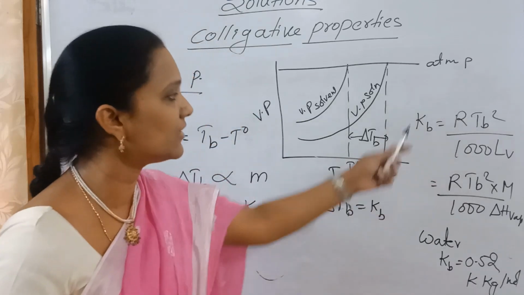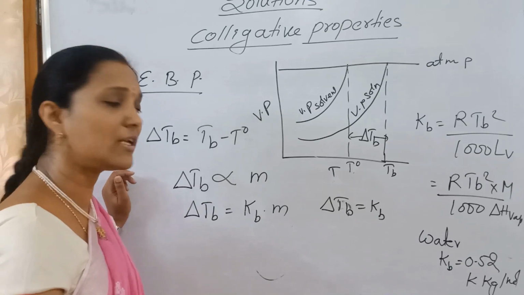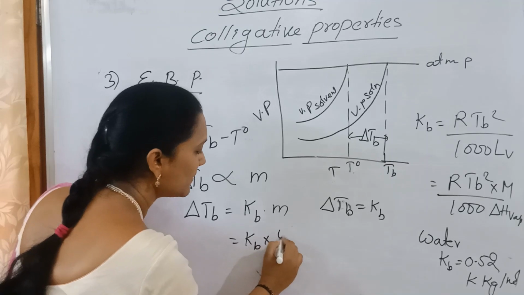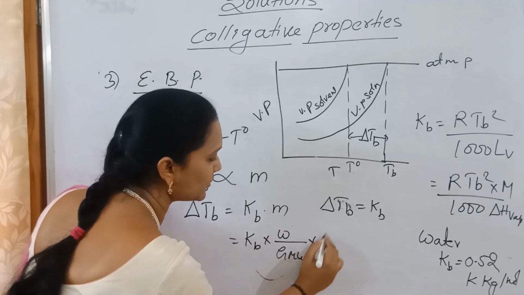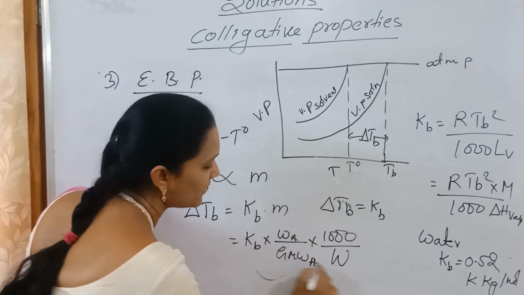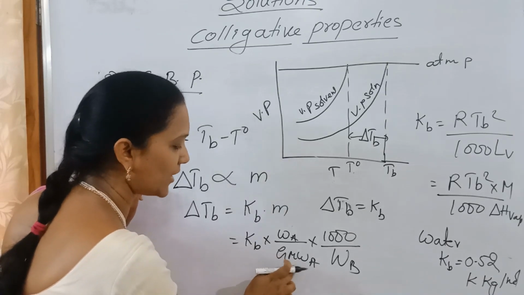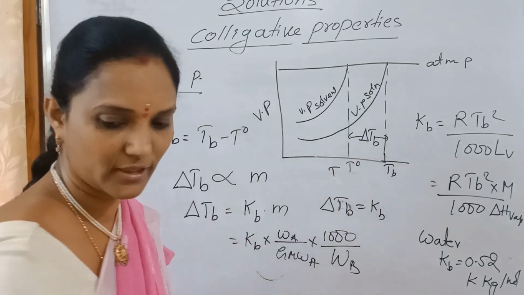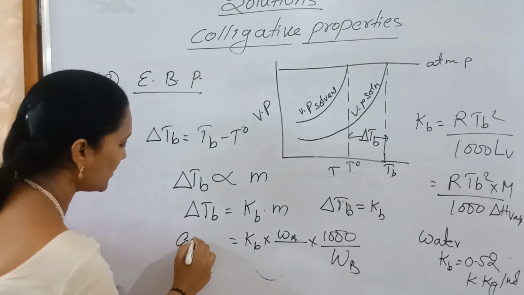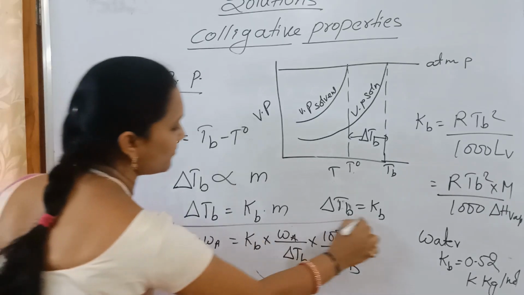What is the formula of Kb given? This is the formula. Now, how do we use this to calculate the molecular mass? Instead of molality, what can we take? Kb into mass by gram molecular mass into 1000 by mass of solvent. Solute means, for example, A, and solvent is B. This is the formula. Now here is the gram molecular mass of the unknown solute. How to calculate this one? Shift here. So how to calculate this? Gram molecular mass of solute, and delta Tb on this side. And this is the formula, yes or no?